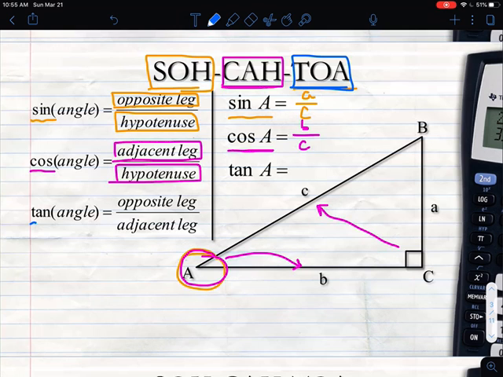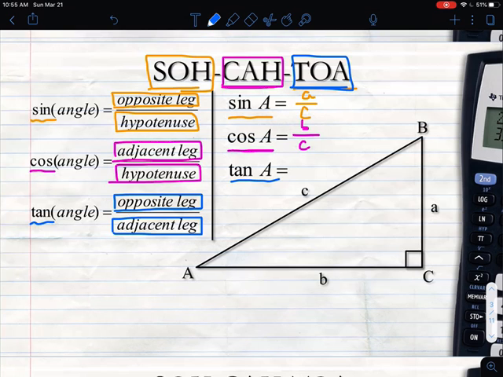we've already seen before. So when I look at tangent here, O is the opposite leg and A is the adjacent leg. And again, it's second letter over third, so it just kind of goes right in order. Which trig ratio am I using, S, C, or T? And then the next letter is on top, the next letter is on bottom. And so if we look at our picture here,